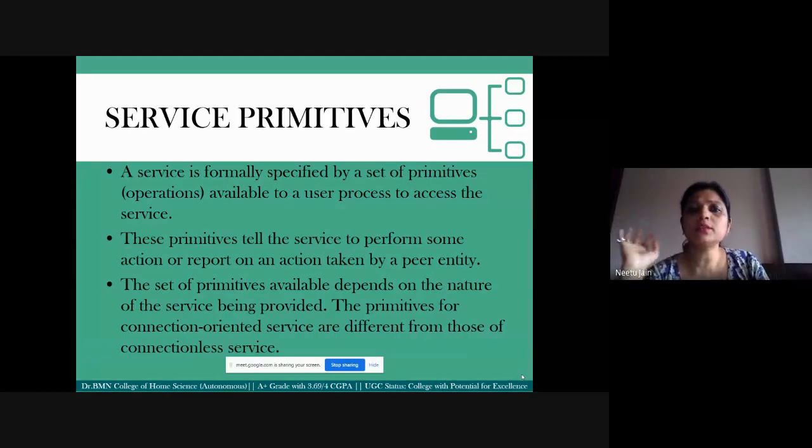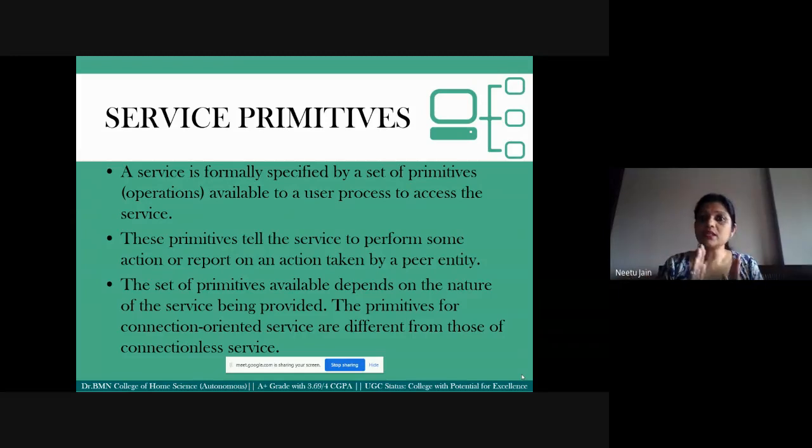Now, for service, we know two main important types, which are connection oriented and connectionless services. In order to use these services, there are certain operations which must be made available to the user processes. User processes means any computer which is in a network. Any computer in a network has processes running in each machine. I had told you when I was explaining layer technology that layer n is talking to layer n of another machine. That means the processes are actually in communication, which are also termed as peers.